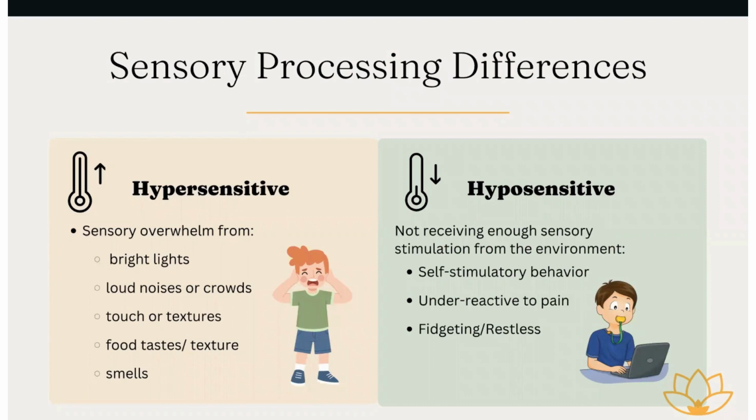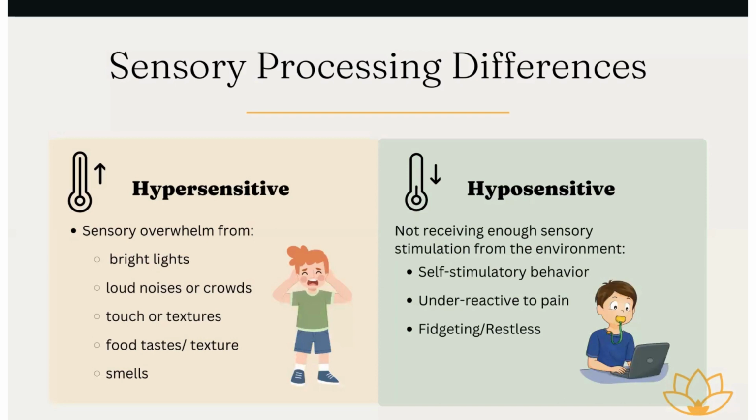Individuals on the autism spectrum can also be hyposensitive to sensory input, which means that they're not experiencing that sensory stimulation to as high of a degree as a neurotypical person would. And so they're not receiving enough sensory stimulation from the environment. And that's what leads to self-stimulatory behavior like rocking, hand flapping, chewing on things, putting things in their mouths, all different kinds of motor, vocal, or oral sensory seeking.